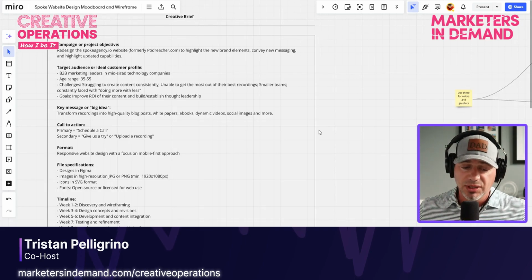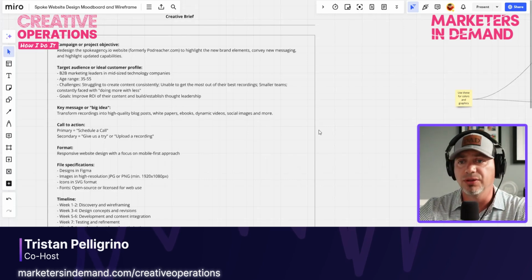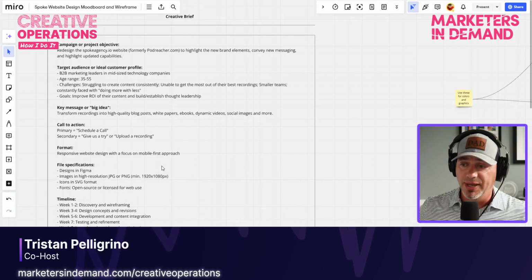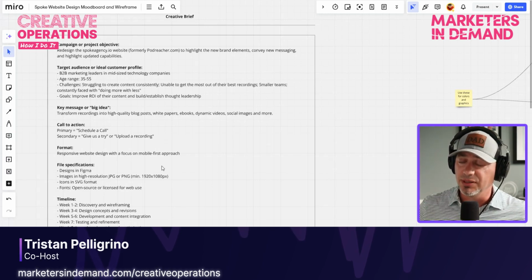What's the desired action for this project? So even though it's a visual design, we want to make sure that it is enticing or taking people to the next logical step. In addition to that, we also include the format and file specifications that are very important. If you're doing a square or a portrait-based design, you want to make sure that you articulate that up front, so that the designer's not going down a completely different layout than what you envision for the final deliverable